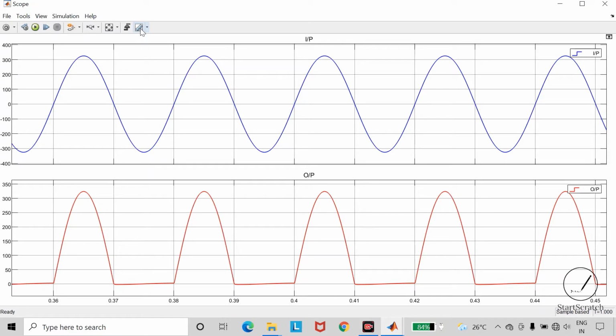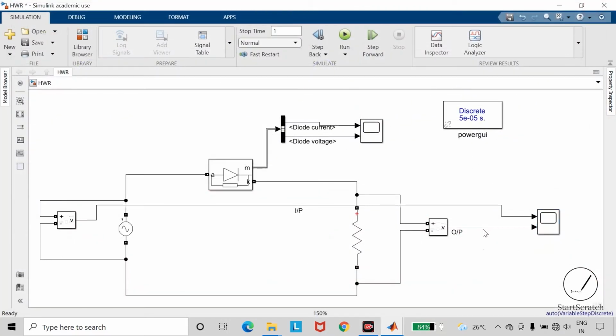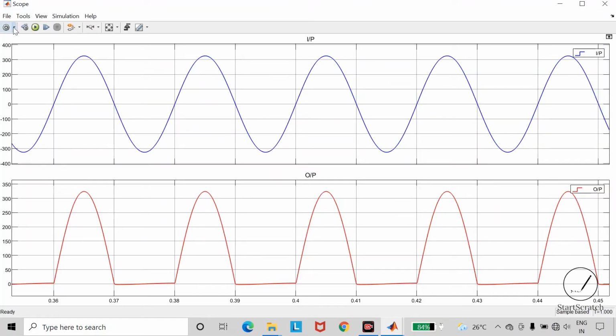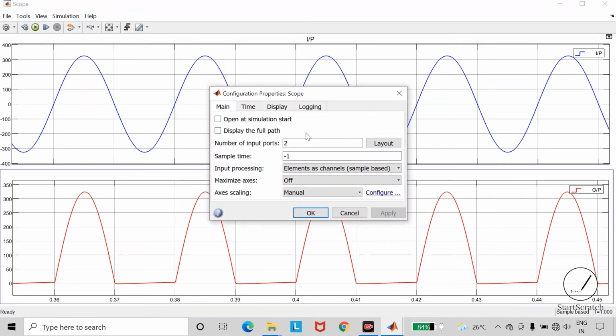Now we will see how to use this cursor measurement. For better understanding, I will remove this second signal. So I will just delete this output, change the settings of this scope block. I will change the number of input ports as 1 and the layout as just one block.